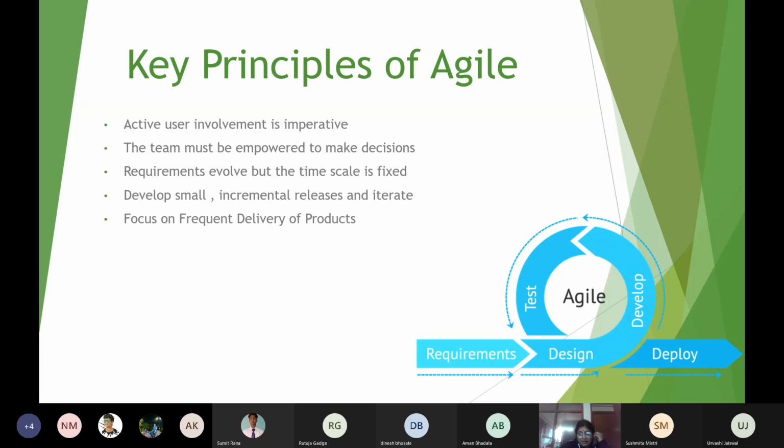Requirements evolve over time, the time scale is fixed. It means when the project is being developed and is under process, initially you may not know what things you want in your software, what things you want in your application. So when you look at the application, when you execute it in some form, then the client may realize that, okay, these are the things which can be added into it. These are also required. For example,